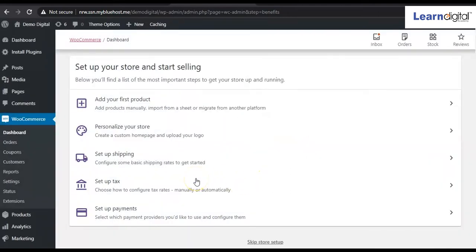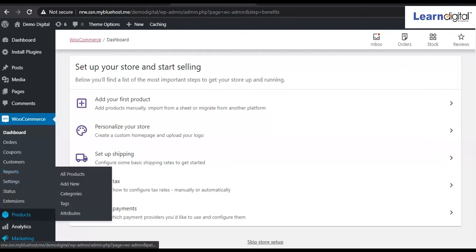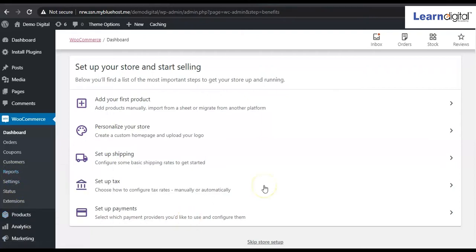So guys, now you can see on the left side this plugin has been added at our backend. This is the WooCommerce option and this is the dashboard. Here you can see the orders. You can create your coupons. You can know about your customers, and the complete reports you can see over here, right? At the very first step, it is showing Add your first product, right? If you have any product to add, you can add it, but we'll be doing it later.